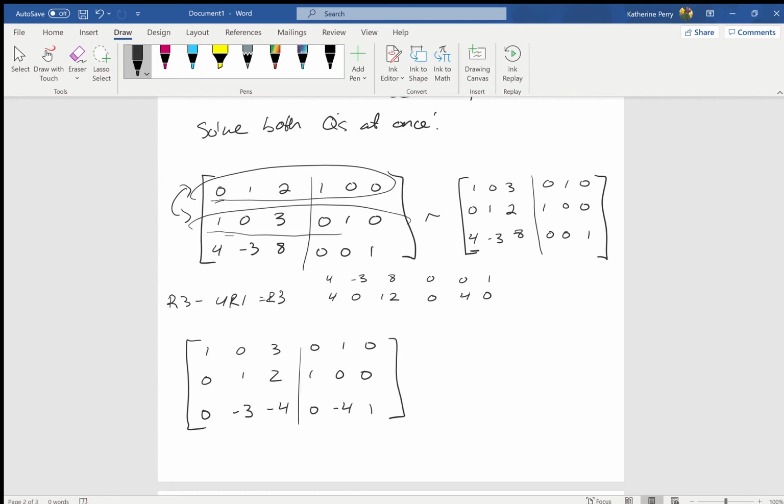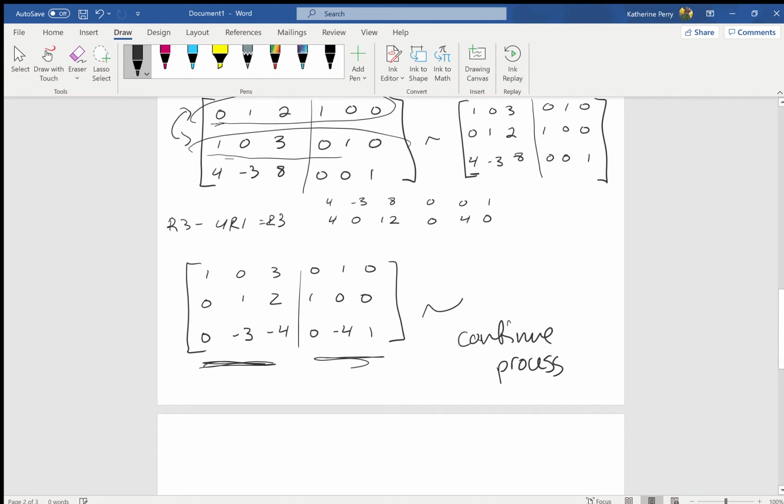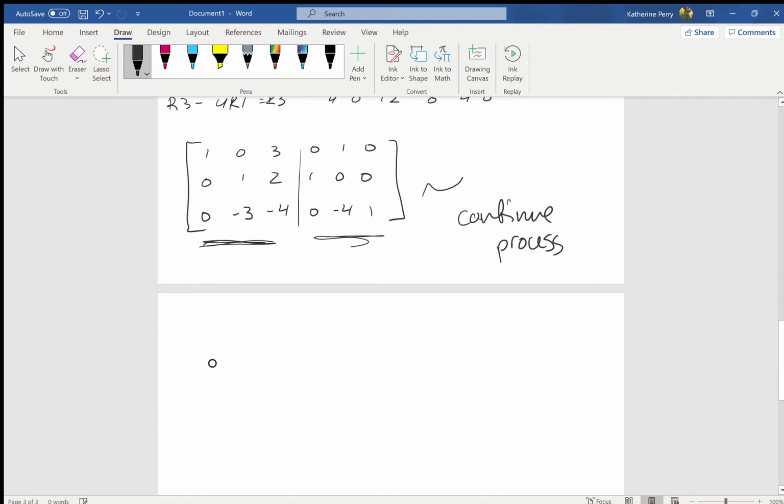Okay, but again, the important part to emphasize is that anything I do to this part on the left to try and make it look like my identity, I am also doing to this part on the right. So even though I'm drawing this line to divide the two, this is one giant matrix, so I can't just act on the left without acting on the right. Okay, so let's say I continue this process, and if I were to do all of this and keep row reducing,